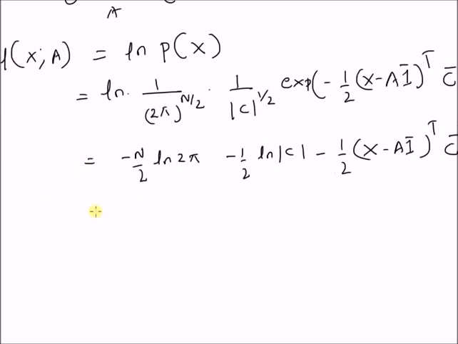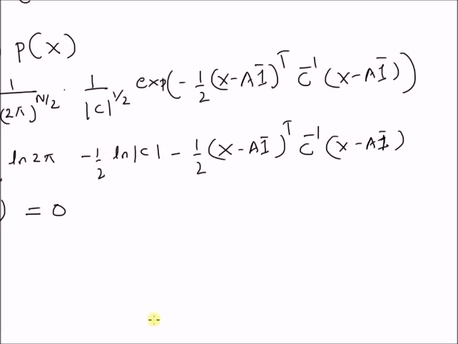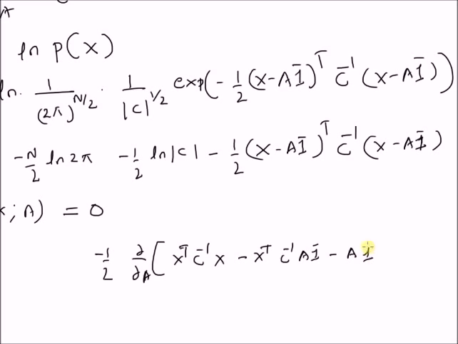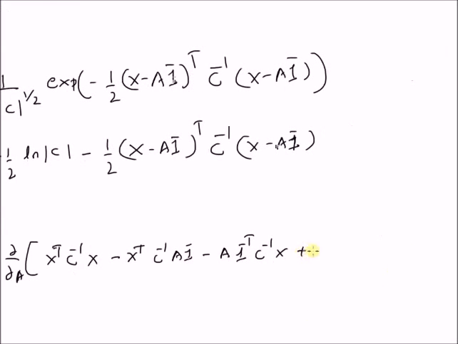transpose C inverse (x minus A 1 bar). Now by equating the first derivative of this log likelihood function with respect to the parameter A equal to 0, we can derive the maximum likelihood estimator for A. That is, the first term and the second term have derivatives equal to 0, and the third term has the derivative minus 1 by 2 times the derivative of this product, which is the derivative of x transpose C inverse x minus x transpose C inverse A 1 bar minus A 1 bar transpose C inverse x plus A square 1 bar transpose C inverse 1 bar